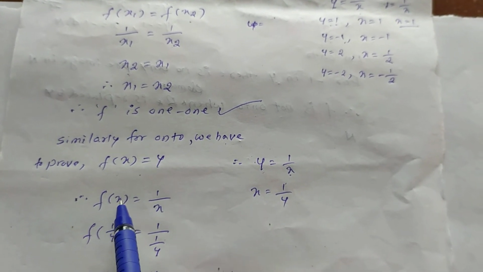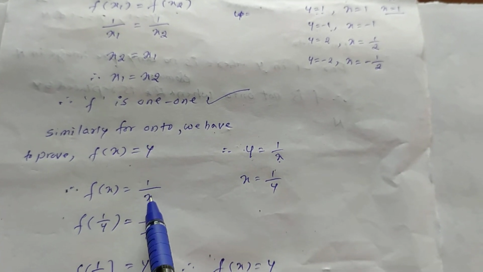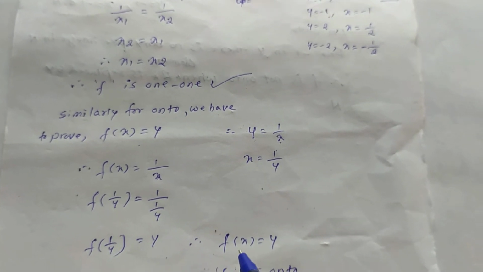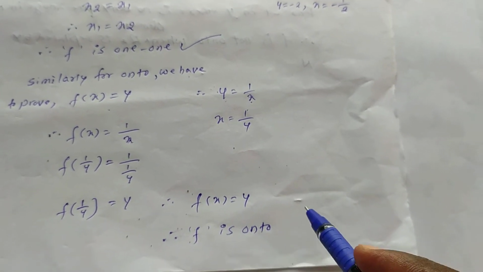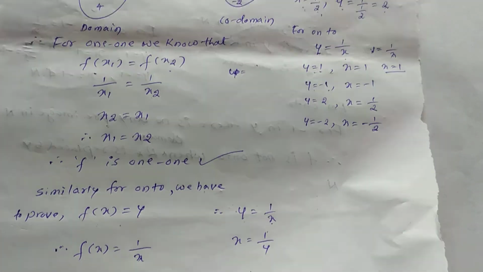Put the value of x equals 1 by y. Here, 1 by y equals x equals 1 by y. After simplification, f of 1 by y equals y. Therefore, f of x equals y. Therefore, f is onto. So, similarly, they asked,